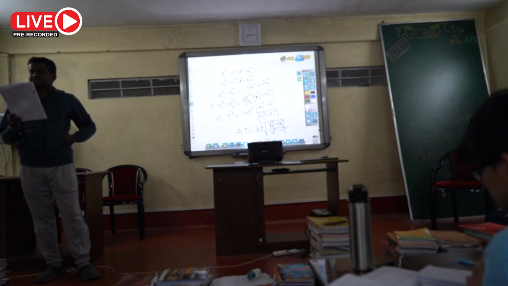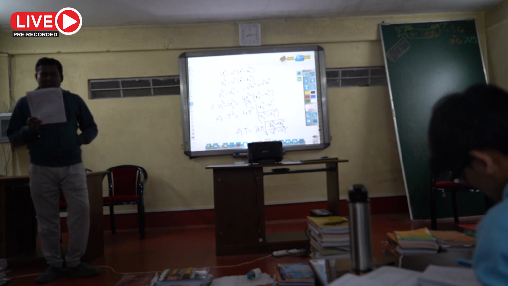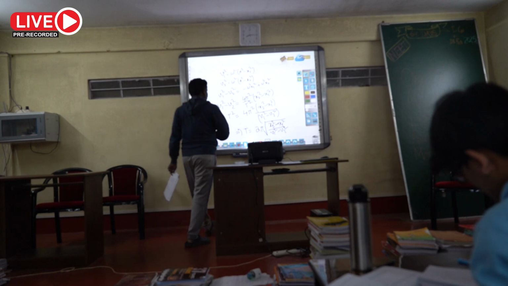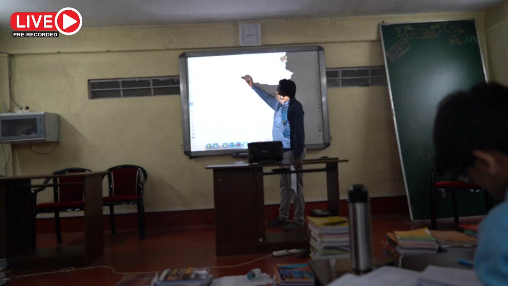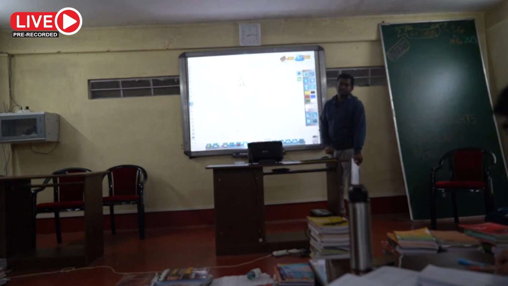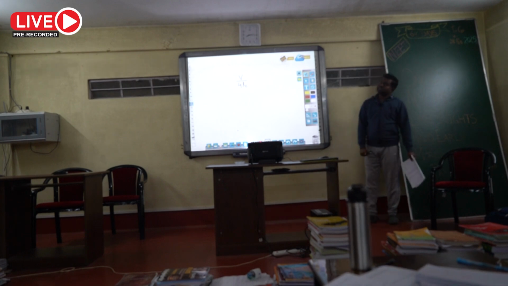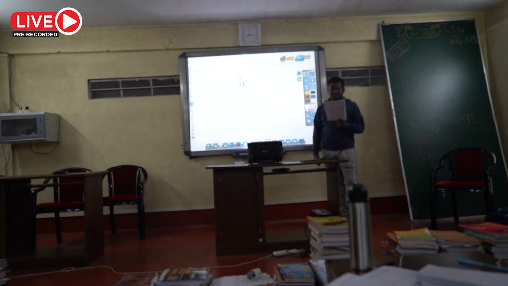The fundamental frequency of a closed organ pipe of length 20 centimeter is V by 4 LC. I consider the length of the closed organ pipe as LC. Then fundamental frequency is V by 4 LC, which is equal to the second overtone of an open organ pipe. Second overtone in an open organ pipe